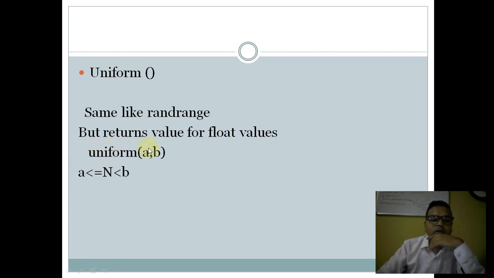If I'm going to call this function uniform a comma b, तो मुझे दोनों नंबर के बीच में केवल डेसिमल वैल्यूज मिलेंगे. क्लियर? देन डेसिमल वैल्यूज का मतलब है जो नंबर लाइन में हम स्टडी करते हैं, 0 से 1 के बीच में 0.1 भी आ सकता है, 0.001 भी आ सकता है, 0.80 भी आ सकता है, 0.805 भी आ सकता है. That means that is a range between 0 and 1. So now whatsoever answer will come by this uniform function, that will be n, and this return value n will be greater than or equal to a or less than b होगा. Just make sure of one thing, that will be less than b.